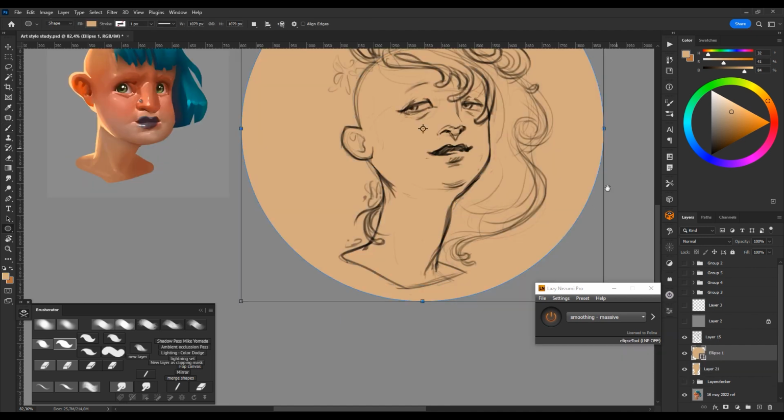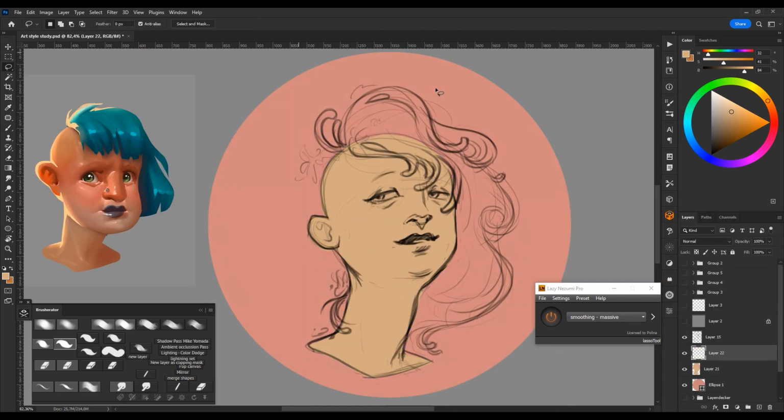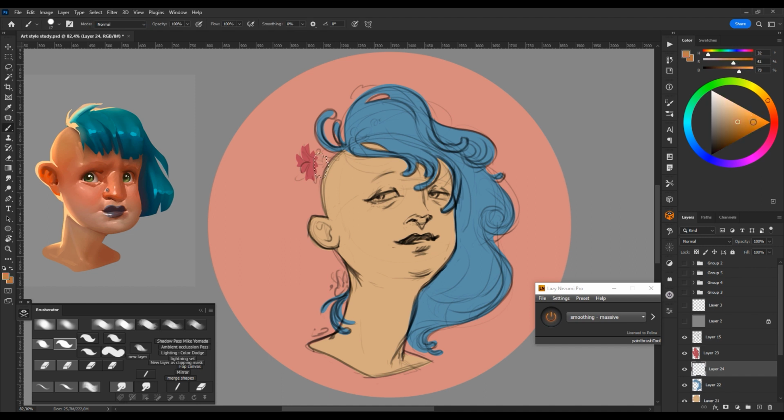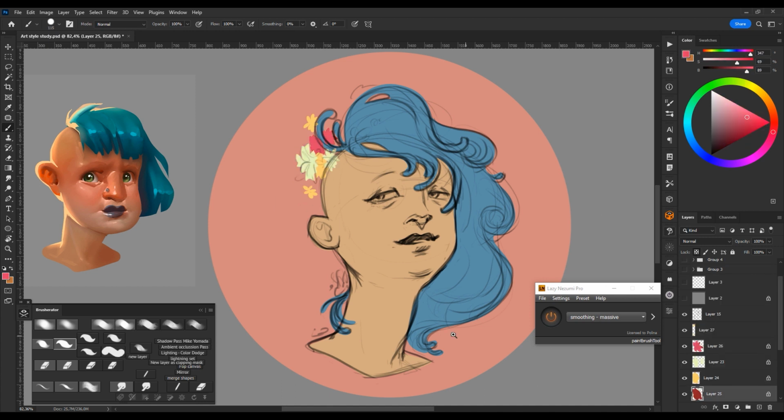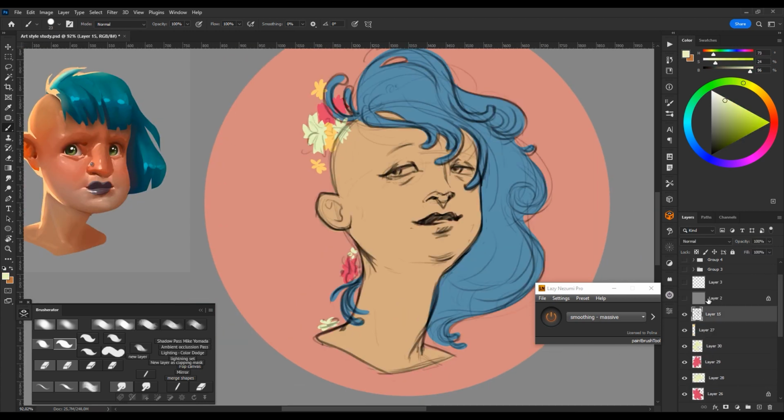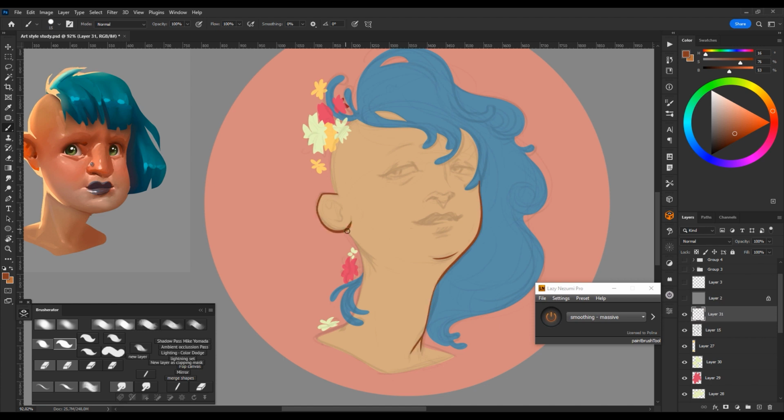For colors, I chose these light, almost pastel colors to match the mood. Because Mucha often adds floral elements to his work, I also painted in some flowers here and there. I'm not gonna render them too much because this is just a study and all I'm doing is deconstructing another artist and basically taking visual notes.